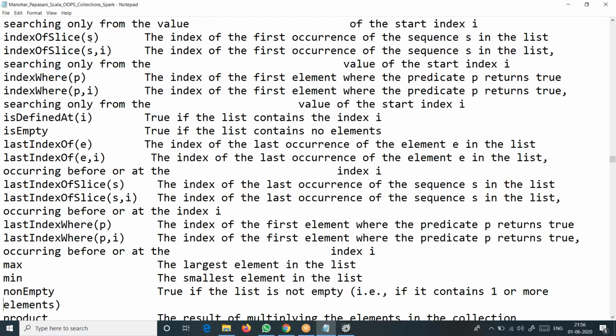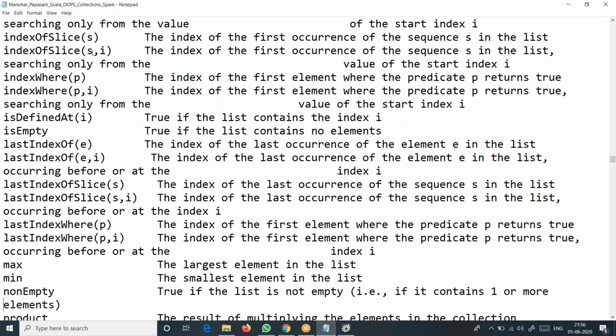Index of slice just checks whether a part of the list, a sublist, is present in the sequence or not. Index of slice, similarly, checks for the first occurrence. This one checks for the first occurrence. This one checks for the next occurrence.